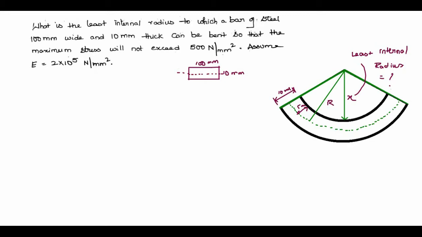So he has given in the question that there is a steel bar as shown in this figure, which has a width of 100 mm and depth of 10 mm. And this bar is bent as shown in this second figure here. Okay. So now what happens is when it is going to bend, the stresses are going to develop. The more you bend, the more stresses are going to develop.